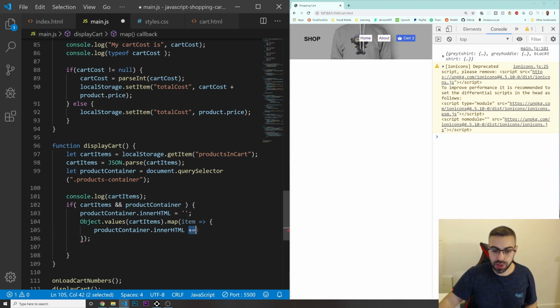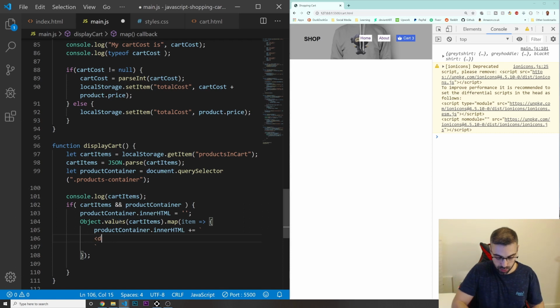That's why you need to put the plus equals. Okay, so I'm going to use some backticks. If you guys are not familiar with these backticks, it's just a way so we can inject some variables inside the strings. And in here, I'm just going to put a div with a class of